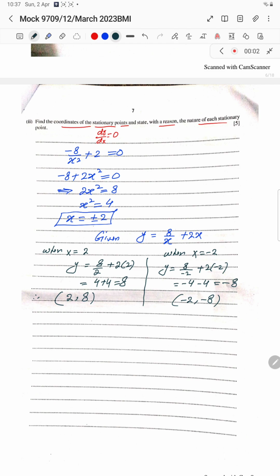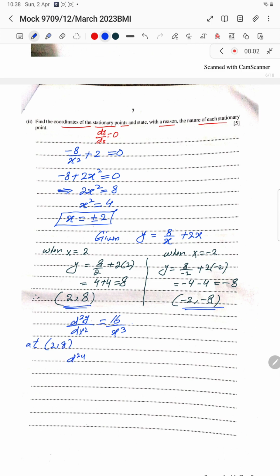And you are well aware of how to find the nature. What we have done in part 2, d2y by dx square, that was 16 by x power 3. Here you just need to replace these two stationary points one by one and decide the nature according to the specific rule we have done in class. Let's see. At the first stationary point, 2 and 8,